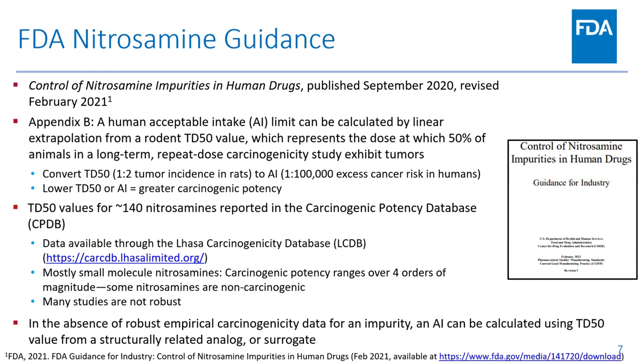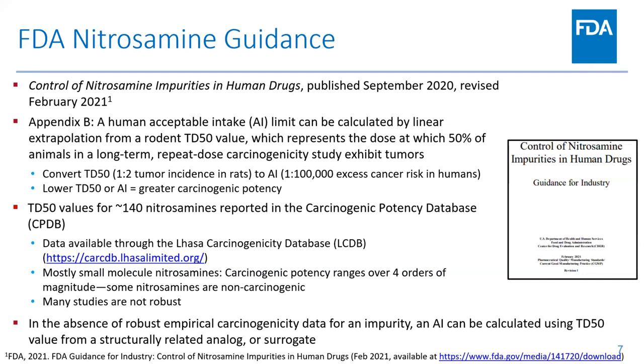Most of the data that we have are for small molecule nitrosamines, with potency ranging over 4 orders of magnitude. In fact, some are reported as non-carcinogenic, but many of the studies are not highly robust, and that can be a significant limiting factor. So in the absence of robust empirical carcinogenicity data for an impurity, an AI can be calculated